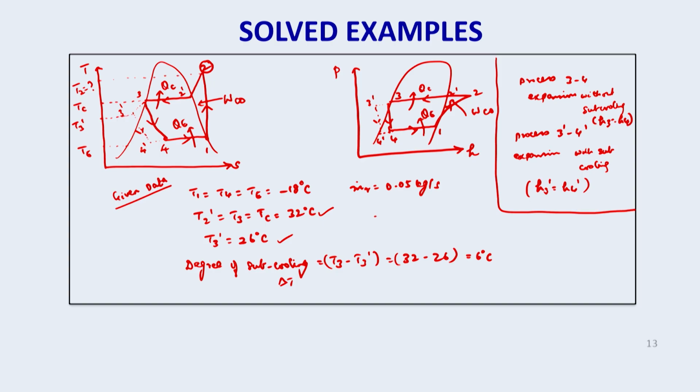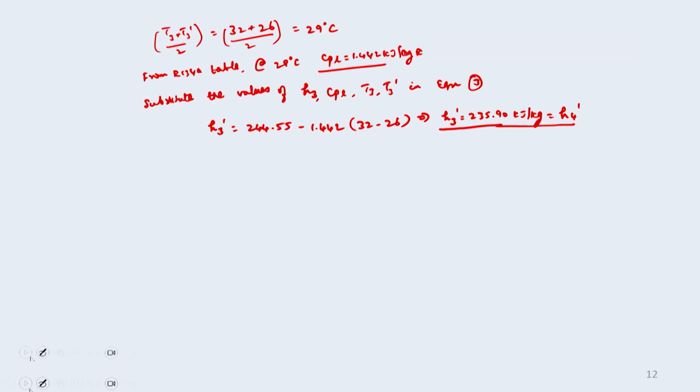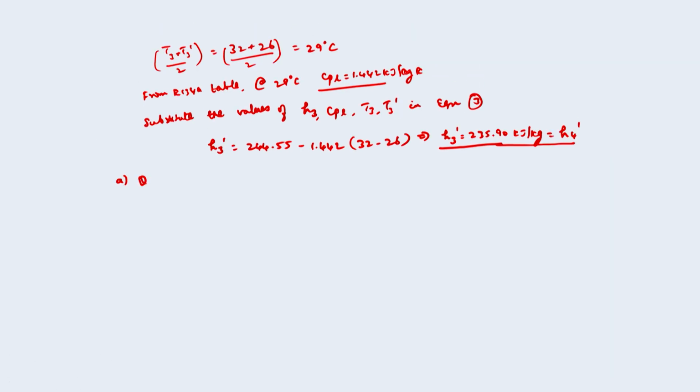So now we have found enthalpy H1, H2, H3 equal to H4, and H3 dash also we have found just now, which is equal to H4 dash. Let us calculate the parameters one by one. First one, we have to find out the evaporator heat load. All these are m dot r. So first one is QE. QE is equal to m dot r into